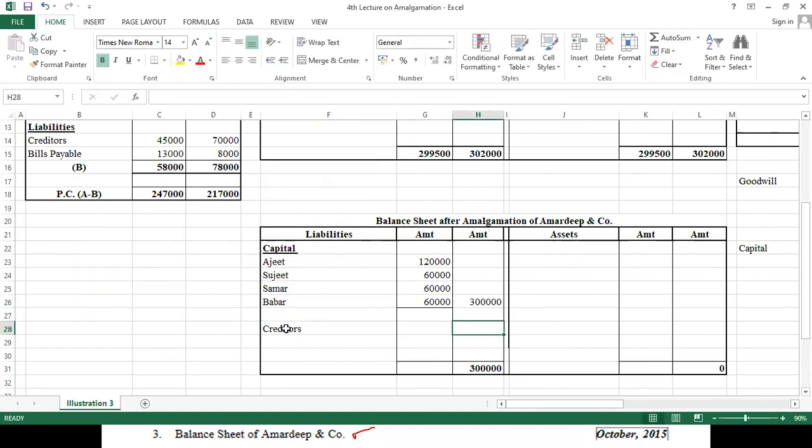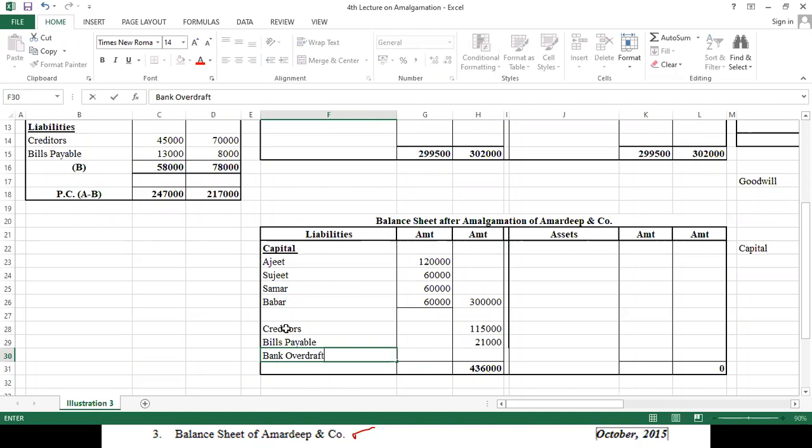Creditors 45,000 and 70,000, 1,15,000, okay। Then we have bills payable, दोनों का मिला के कितना बेटा? 21,000, ठीक है।